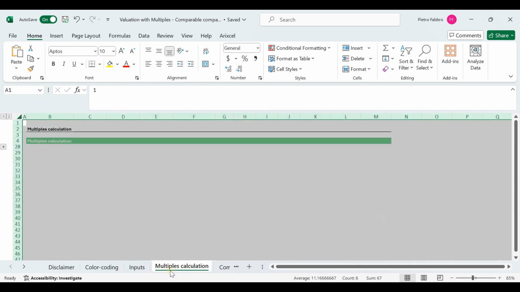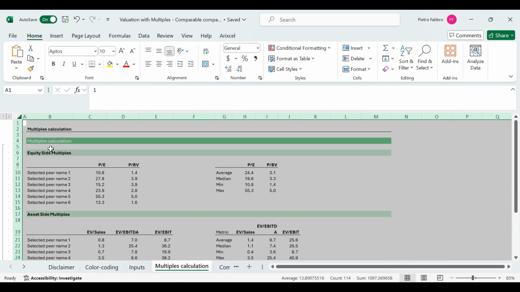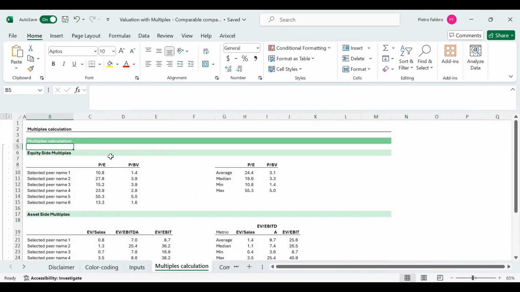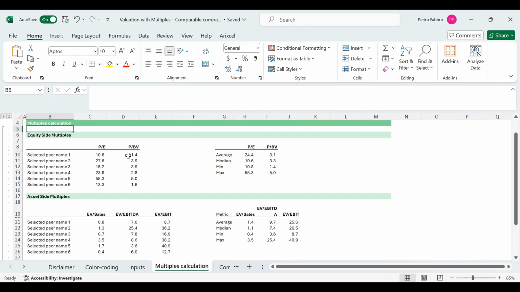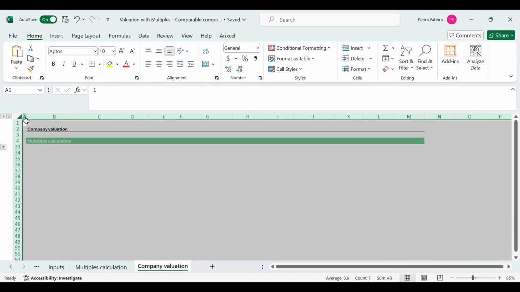Once this is done, in the next tab, you will find the multiples calculation. So here you can find all the resulting multiples for each of the companies, both equity side and asset side, with price to earning, price to book value, enterprise values to sales, EBITDA and EBIT. And then we calculate, of course, the average, median, minimum, and maximum of each multiple, so that in the company